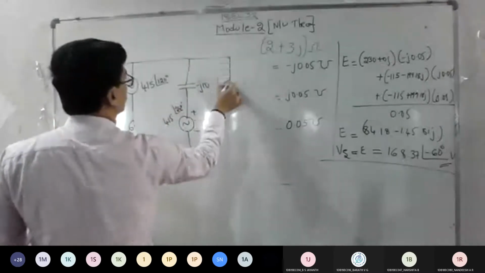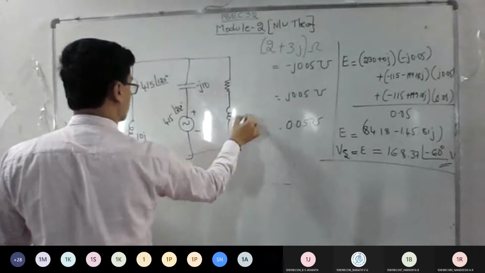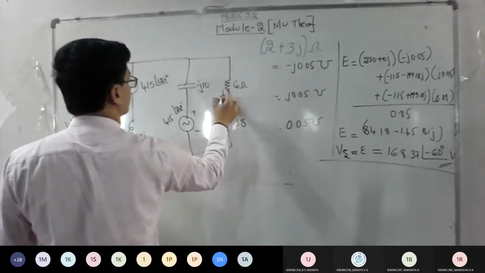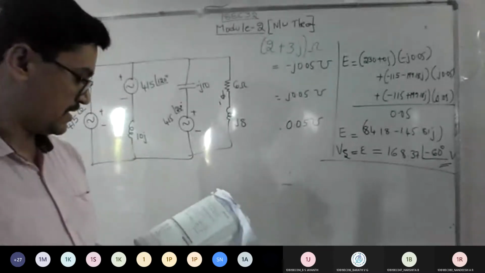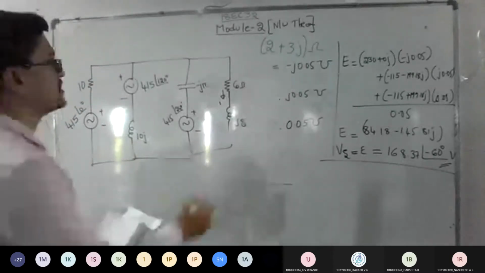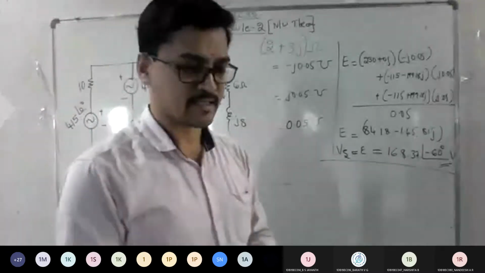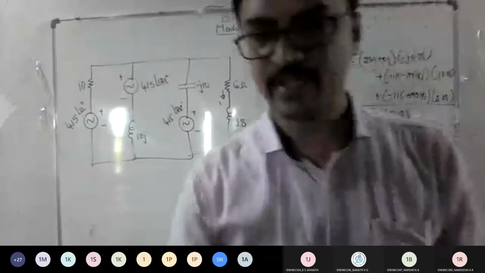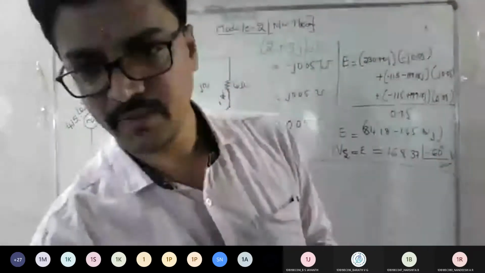And they are given a load impedance here, 6 ohm. They ask you to find the current, right? So find the current through the load. This is your load, 6 plus 8J. Such kind of AC analysis problem, if you get practice, it will be easy to solve with Millman's theorem. Okay, so stick to the procedure.